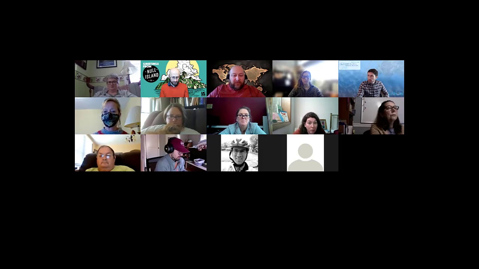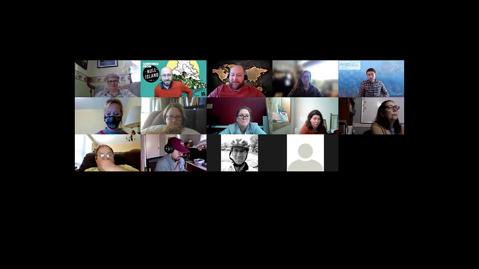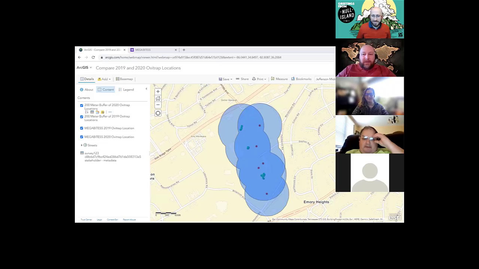I'm going to go back to sharing the screen. I wish I had a second screen here, but that's the thing. If you've already clicked on modify map, it'll say new map, but if you haven't clicked on modify map, it'll say modify map in the top right hand corner. And then we just go over to the save button.